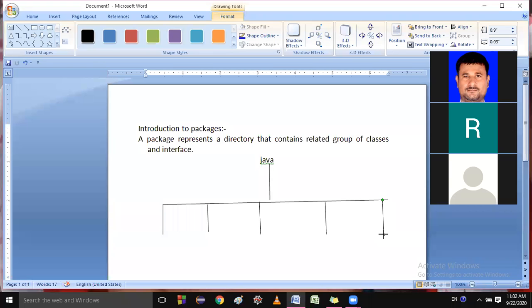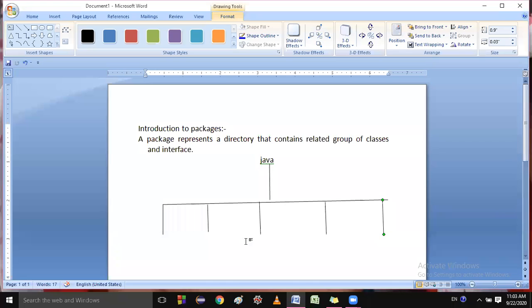These are different packages you are making, and in the movie folder you keep only movies, and in the songs folder you keep different songs. A package is also a container. It behaves as a folder which contains similar types of classes and interfaces. The movies are different, but they are the same in nature: movies.